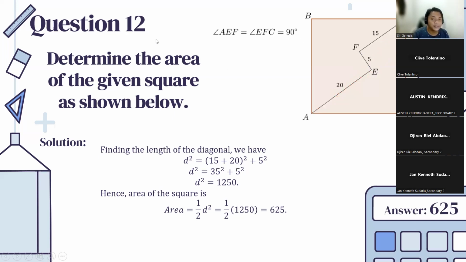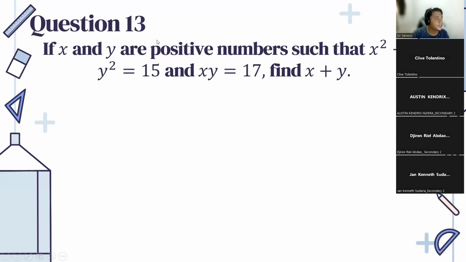Okay, next question. Question 13. If x and y are positive numbers such that x squared plus y squared is equal to 15 and xy is equal to 17, find x plus y. For this one, the given is actually giving away most of the info that you need in order to think of the process, because you have x squared plus y squared, and you have xy, and since you need to find x plus y,